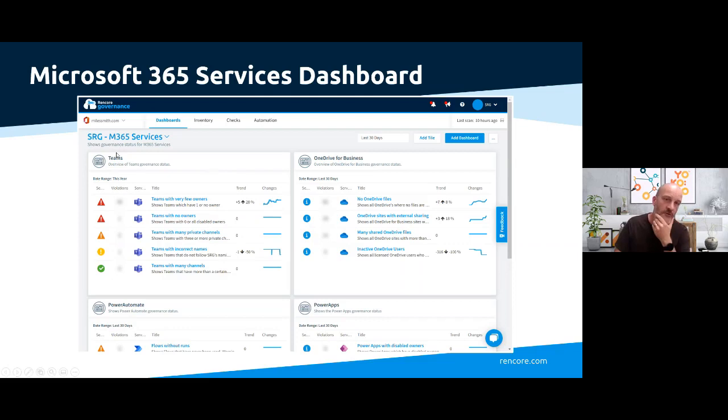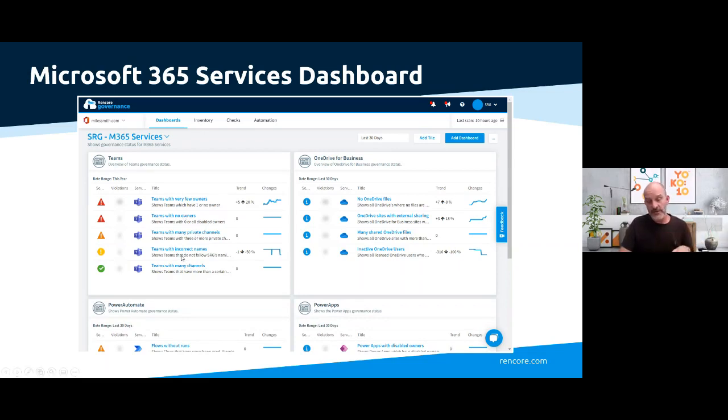So you can see here, following on from some of Greg's points about the decisions that have been made within SRG around Teams governance, here we're monitoring teams with very few owners, so we need to make sure that they've got 2 or more. Oh, sorry, 2, really no more. Teams without owners, teams where there are many private channels. So if a team has 3 or more private channels, that should start to raise some sort of flag. Do we need to start speaking to that team's owner and see if they need multiple teams, or perhaps they're getting a bit crazy with the private channels and don't understand the administration overhead to go with that.